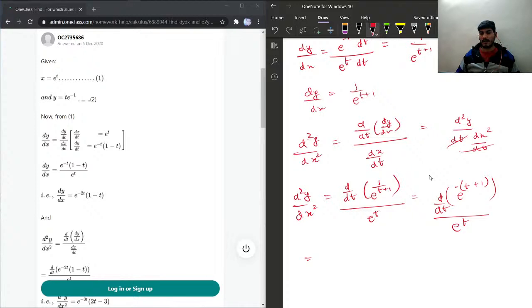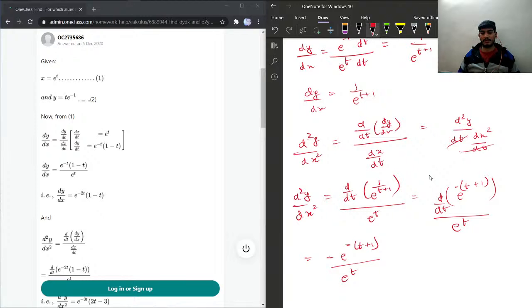It will be minus e power minus of t plus 1, minus e power minus of t plus 1 over e power t, because if we take this as u, then there is no